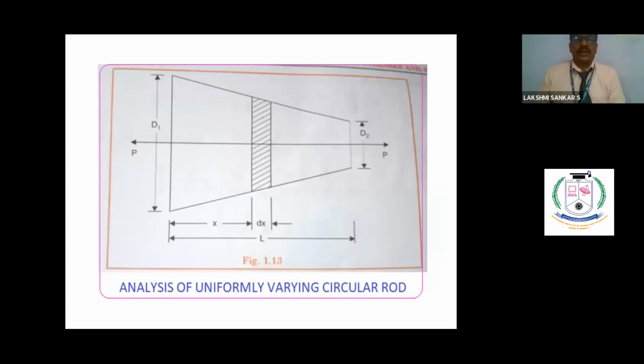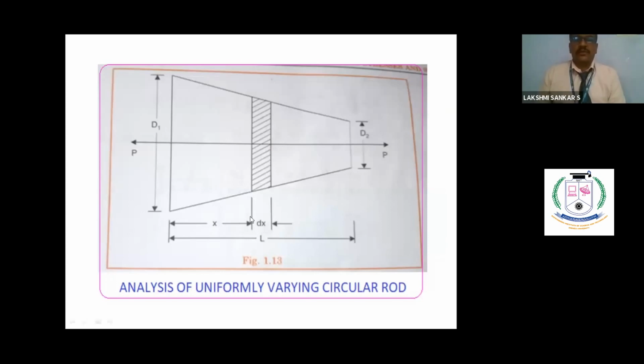So you can calculate individually PL1 by A1 E1, and so on, for each section, and ultimately add them up. The first one gives some value, the second one gives some value, and the final value comes as minus 0.1142. What do you mean by that? As a net, the total member is shortening its length. That is the observation we make here. Very good. Then we move on to the next level.